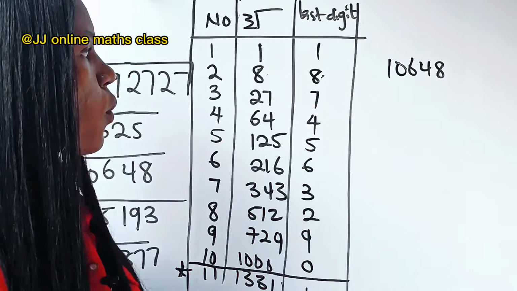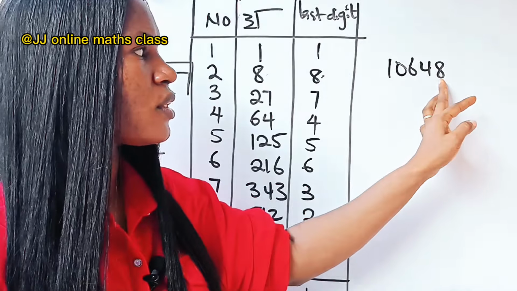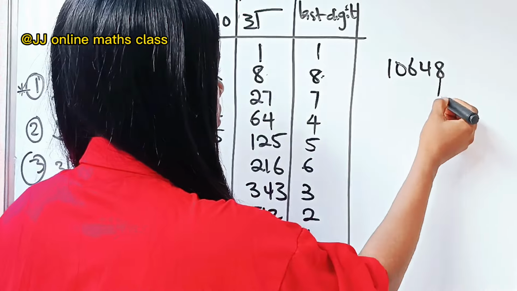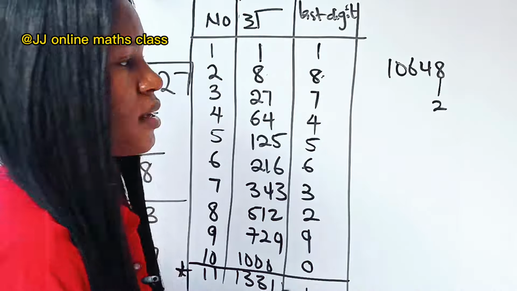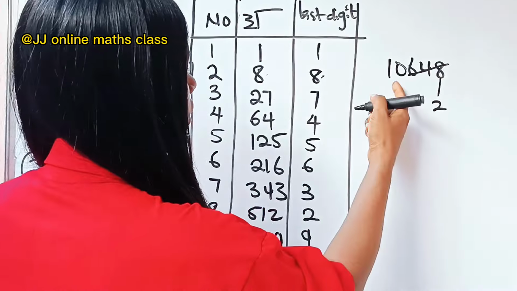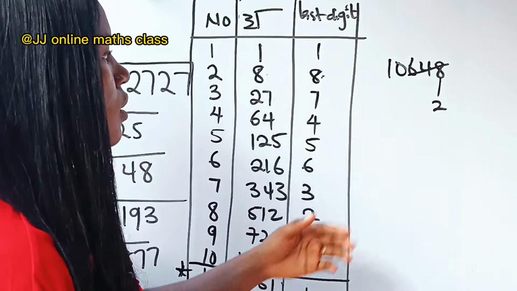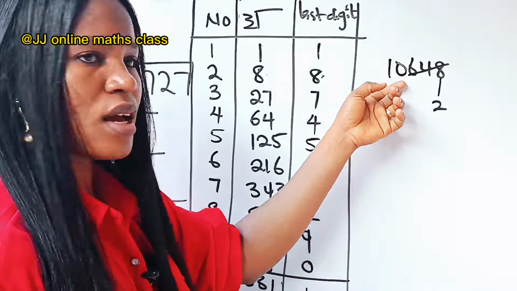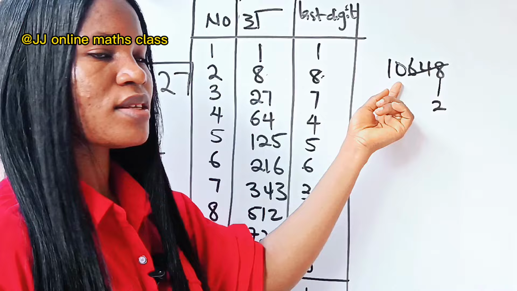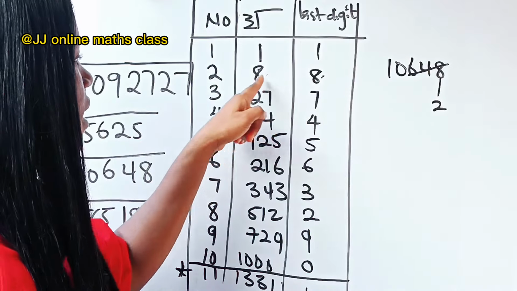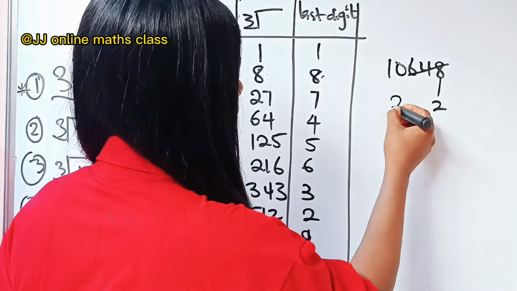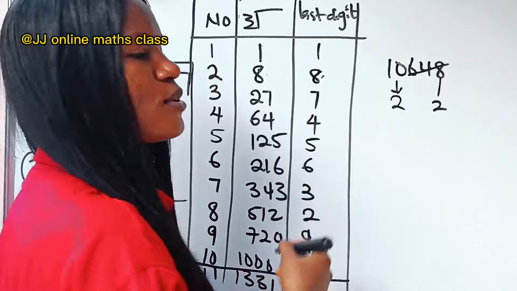10648. Now, which number has its cube root's last digit as 8? And the solution is 2. All right, then you cancel the last 3 digits. Okay, then we are considering 10 now. The cube root that is closer to 10, but it mustn't be more than 10, is 8. And 8 is the cube root of 2. So that means that our solution is